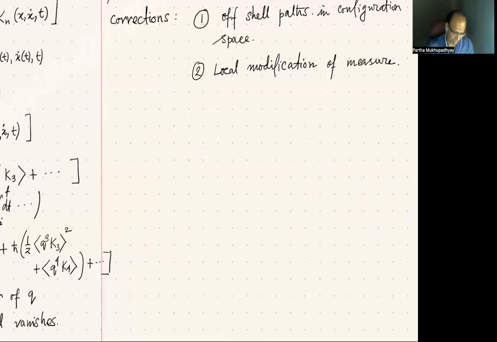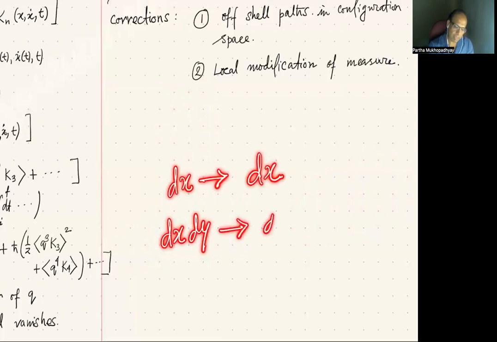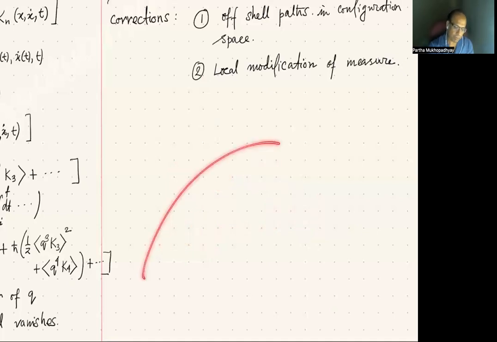In these two examples, the space is a flat sheet or a flat line, where the coordinate element dx gives a length element dx. If you have a code in 2 dimension, a coordinate element dx dy gives an area element dx dy. However, because that is a flat surface in a Cartesian coordinate system. But if you take a surface of a sphere,